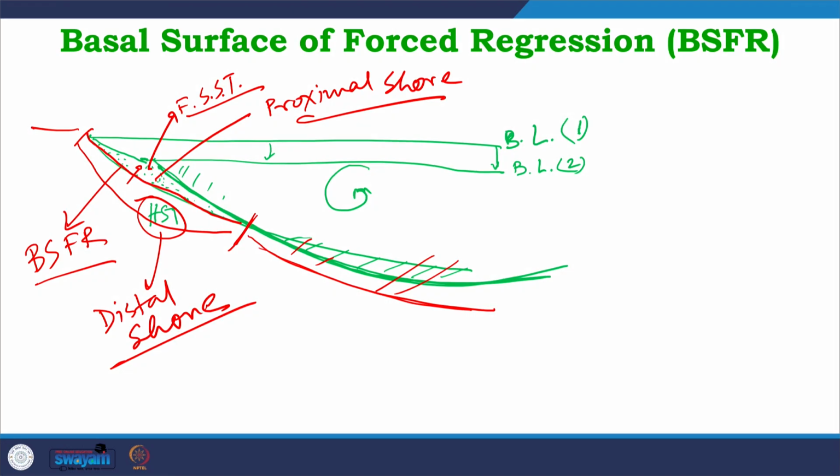So, on the shelf part, when you look into the little bit deeper part of the basin, the BSFR is commonly downlapped by the younger forced regressive prograding clinoforms. So, in that case commonly we get the shelf package at the bottom in the HST part, and that is overlain by commonly the shoreface sediments coming over there during the falling stage systems tract. So, in those cases identifying the BSFR is a bit easier, whereas if I look into the marginal marine part where shoreface is overlain by another shoreface, it becomes a bit difficult sometimes to identify BSFR because it is a conformable succession.